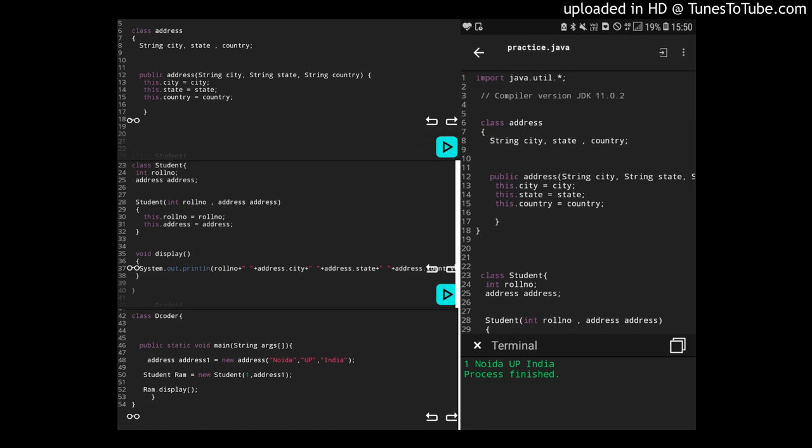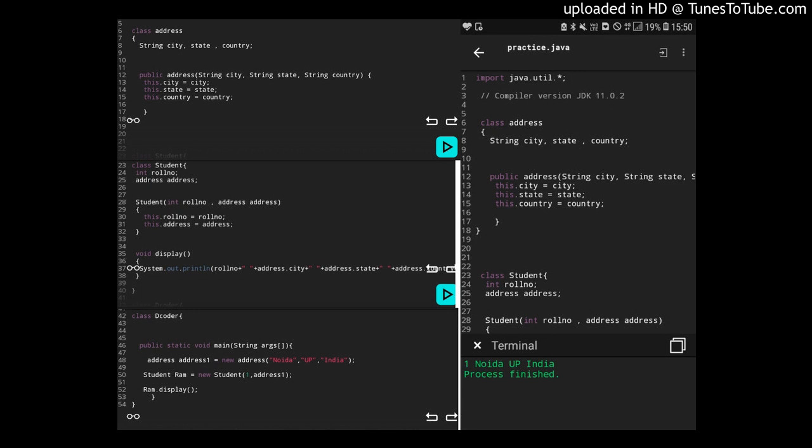It will go like this: this dot roll number equals roll number, and this dot address equals address.